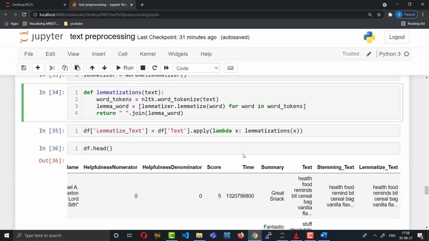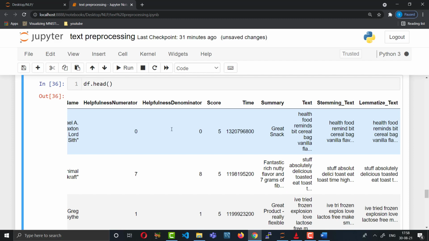Here again on the original textual data we apply a lambda function, pass this lemmatization function, and store the result in a separate column, lemmatized text. Let me run it, and let's see the lemmatization result.